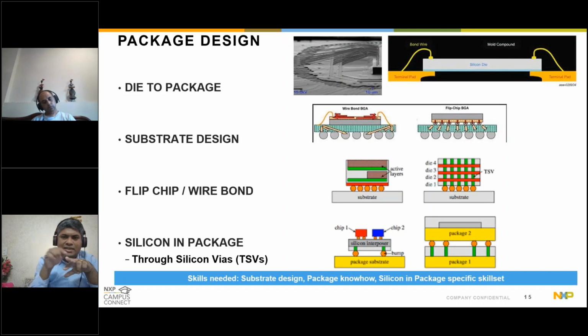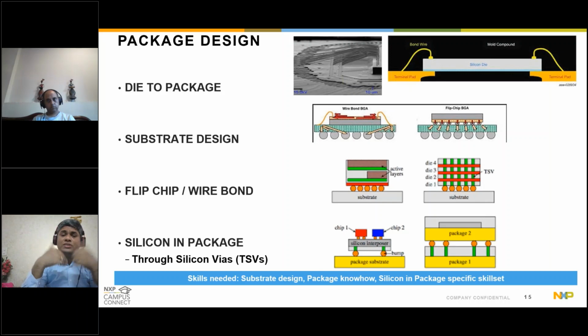For example, again, these are details I don't go into, but this in itself is a discipline: how you assemble the die on the package. How do you do the substrate design? How the routing? You have done routing in the physical domain, where we talked about the metallization routing. Here we are talking about the substrate design routing. How those have to be routed within the substrate so that it can be rightly printed eventually.